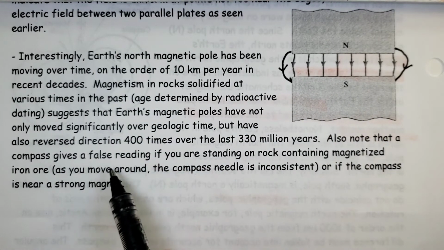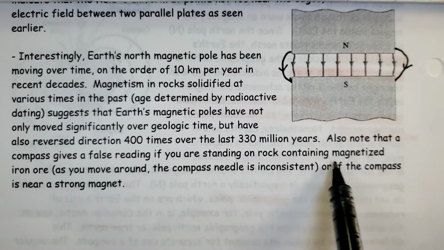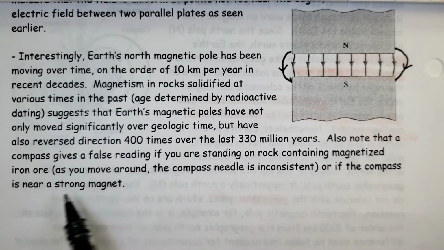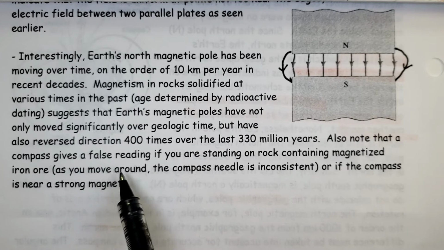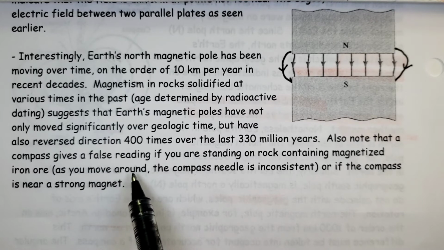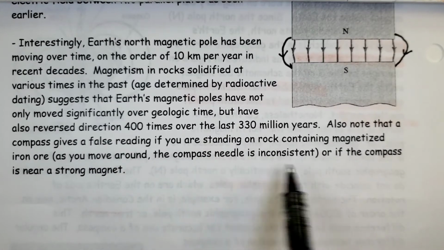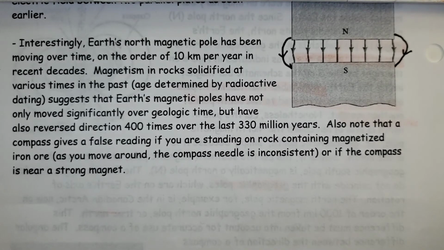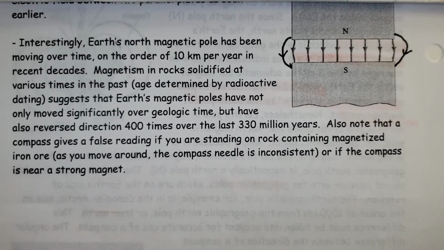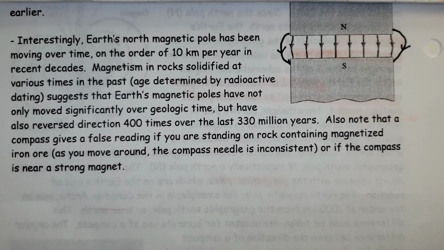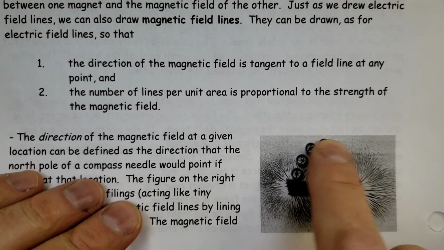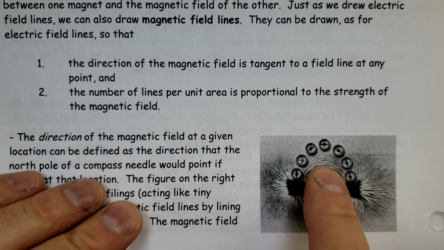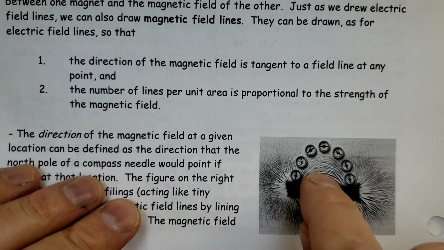Also note that the compass gives a false reading if you're standing on a rock containing magnetic iron ore. So if you have something that, in that small region, is going to overtake the Earth's magnetic field, it could make the compass inaccurate. The same thing happens if you take a compass toward a magnet. It won't show you what's happening with the Earth, because in this region the bar magnet would be stronger than the Earth's